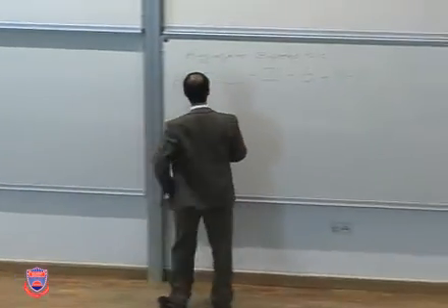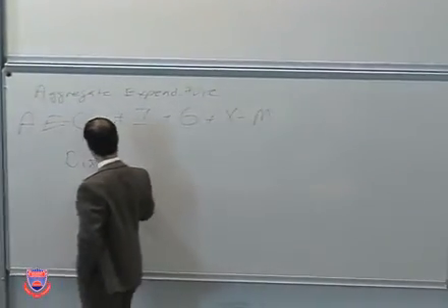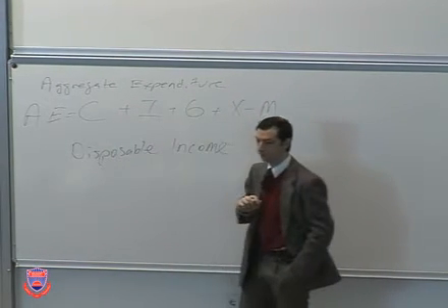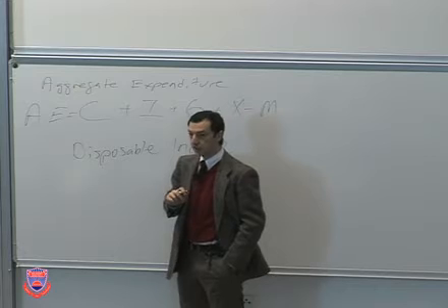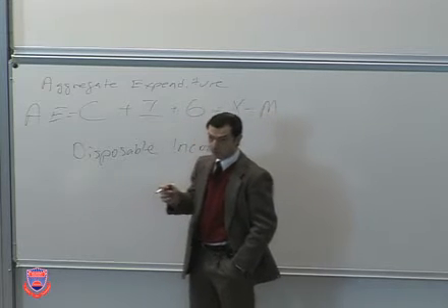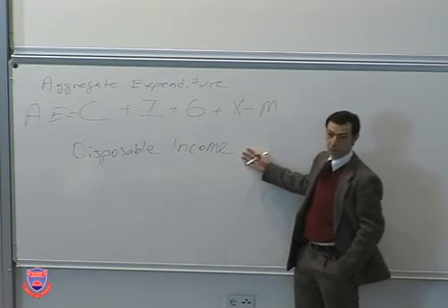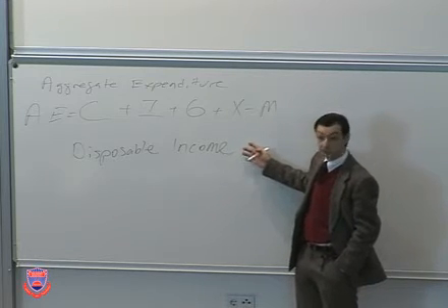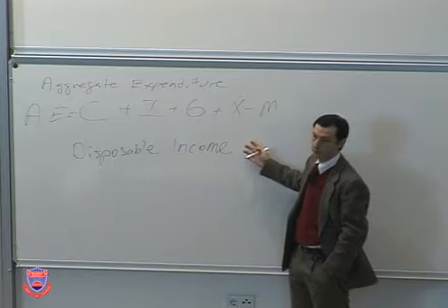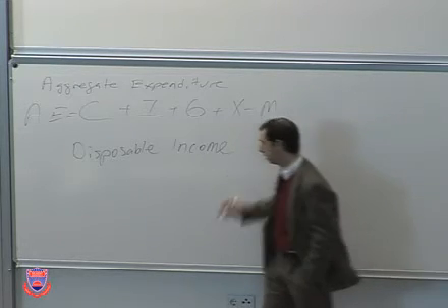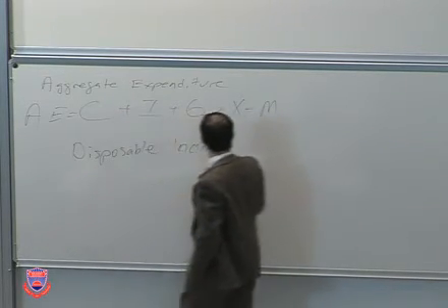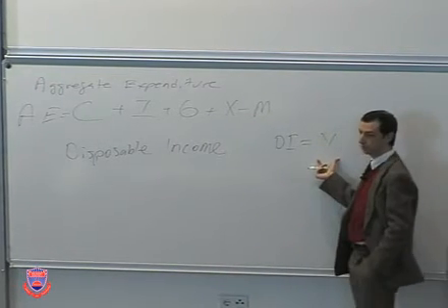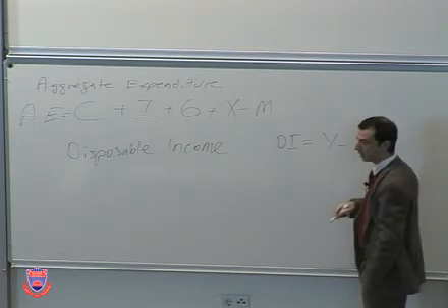So the terminology we have for this is disposable income. And read your book. This was in the first chapter that you were supposed to read. I didn't need this concept until now, so I didn't define it. But I did tell you to read the book. And the book is good for, not many things, but it's at least good for this. Disposable income is total income, that is the GDP, minus taxes,